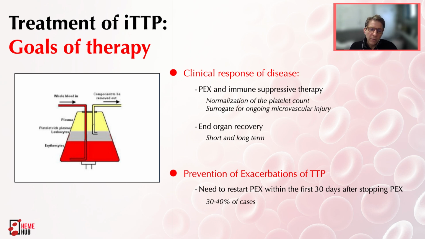The next important milestone, once you correct that platelet count, is the ability to, if you will, stop therapy and not have an early recurrence of your disease. This term exacerbation has now been formalized by the International Working Group, and it refers to the recurrence, and the terminology is important, so we all in the field are talking about the same thing. An exacerbation is a recurrence of TTP, or the need to restart plasma exchange within the first 30 days after